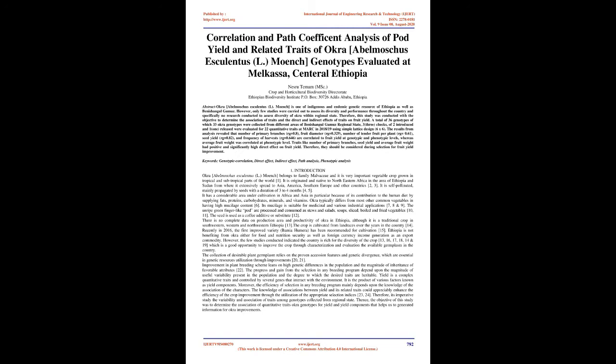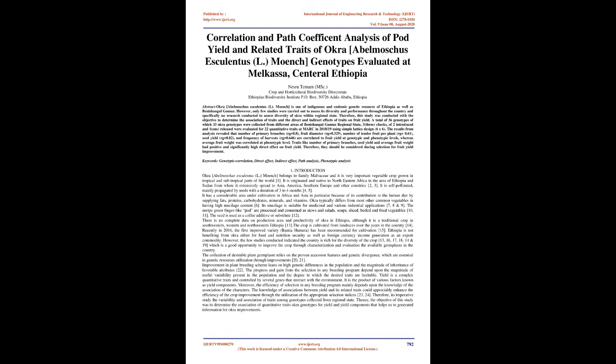A total of 36 genotypes, of which 33 okra genotypes were collected from different areas of Benishangul Gumuz Regional State, plus 3 checks (2 introduced and 1 released), were evaluated for 22 quantitative traits at MARC in 2018/19 using a simple lattice design, 6x6. The results from the analysis revealed that number of primary branches, Rg equals 0.8, fruit diameter, Rg equals